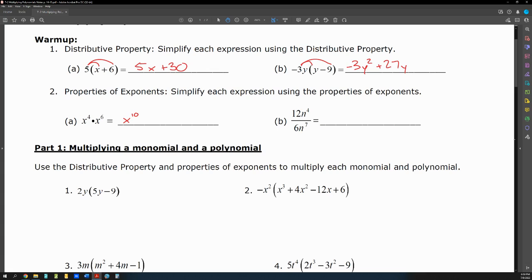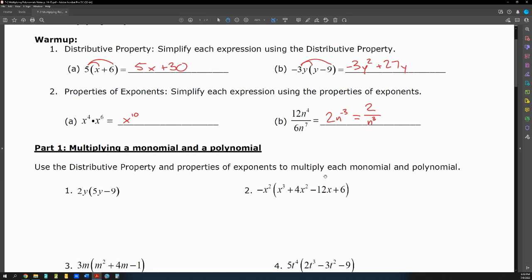2b, we have our quotient rule. Well, numbers with numbers, variables with variables. 12 divided by 6 is equal to 2. And n to the 4th divided by n to the 7th. Remember our quotient rule, we can subtract the powers, so we get n to the negative 3rd. I want to write my answer only using positive exponents, so I can rewrite this as 2 over n to the positive 3rd. Remember that the negative exponent is only attached to the n, so only the n moves to the